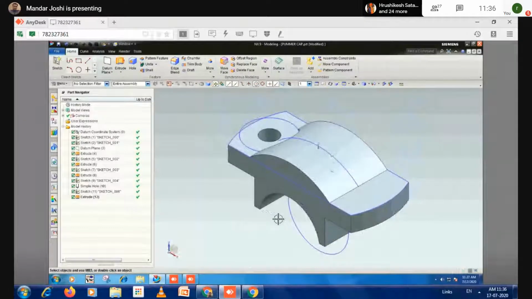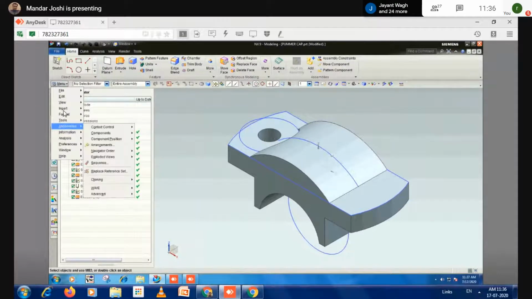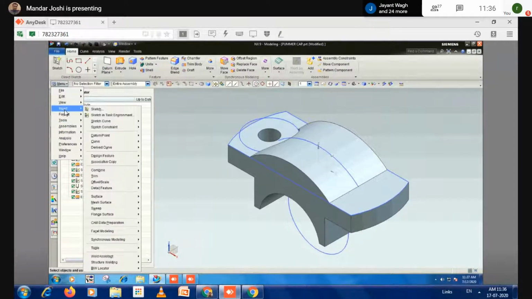To use the mirror option, use the menu, then insert. While finding that mirror option, we have to choose a function first. There are a lot of functions available: design features, associative copy, combine, trim.